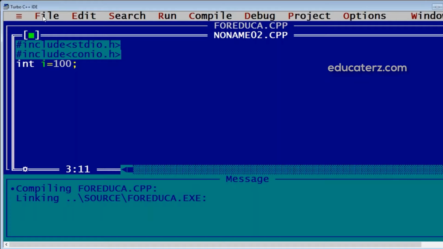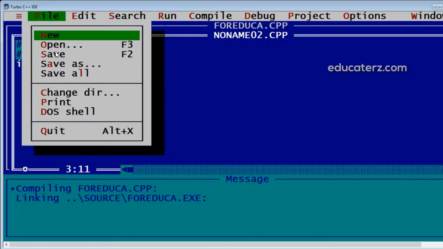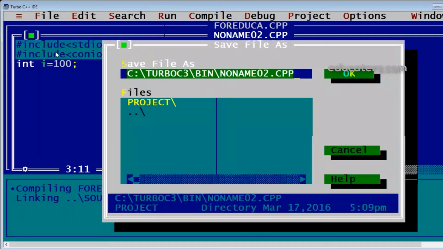Then we can save this file with a .c extension, suppose as prep.c.